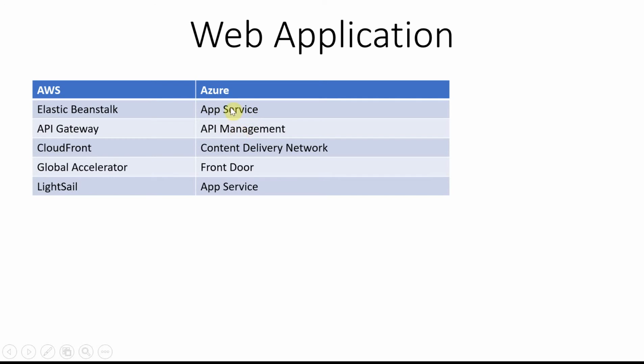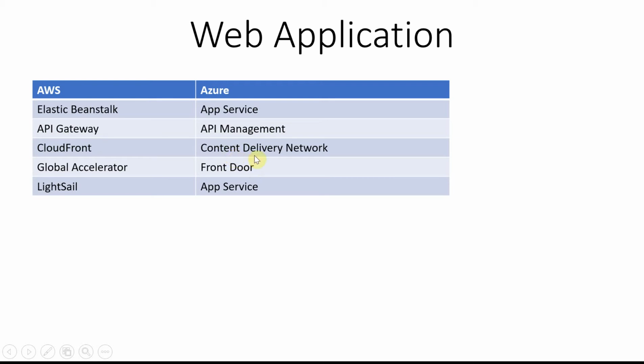Now, under a web application you will also have a lot of APIs. At some point your application will grow big and you have to manage a lot of APIs. Managing APIs is not an easy task, especially when the APIs are growing. To manage that, you need some tools. API Management is one such tool. The equivalent is API Gateway on the other side.